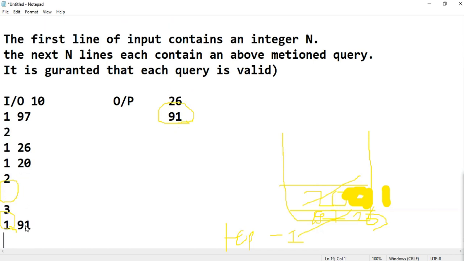And we also have to print the maximum element in the stack, so we take 3. Now you can see when we compare 91 and 26, which one is greater? 91 is greater, so we print 91.